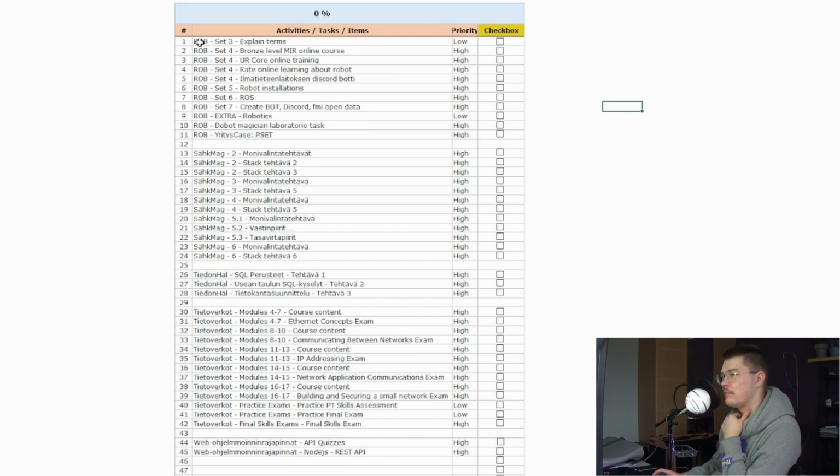I made myself this system. At first there's the course that I'm currently taking. These are robotics, electromagnetics, this physics course. Then there's information controlling. That one I think has started recently because there's like three exercises, and then there's these